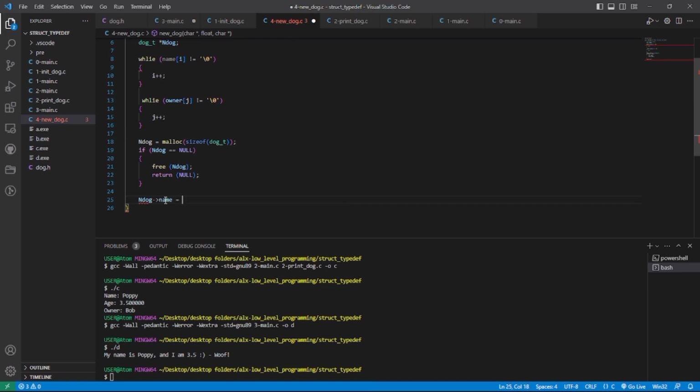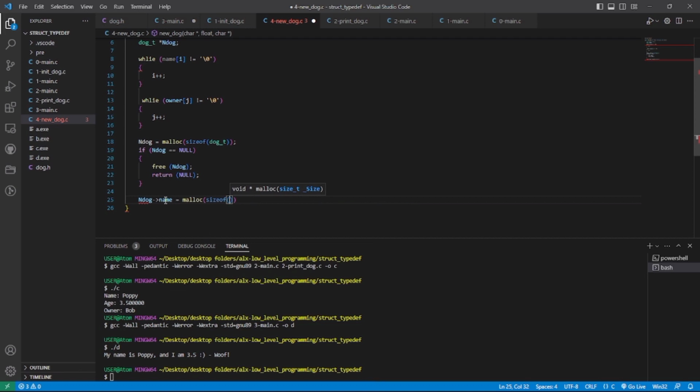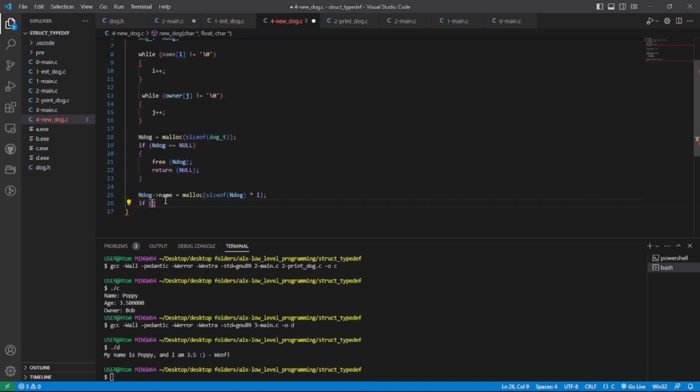So I want to allocate memory for this: malloc. Then I have the size of n dog. Then I'm going to multiply it with i so that I can get sufficient memory for that. And I'm going to write this if: if n dog of name equals null,